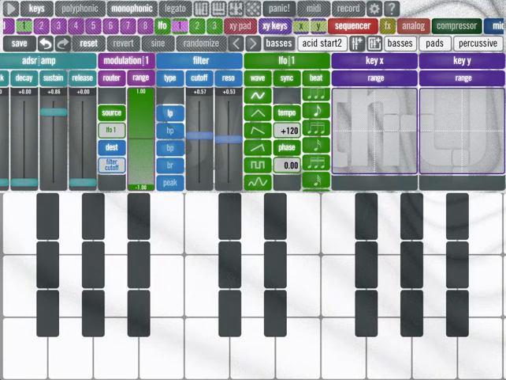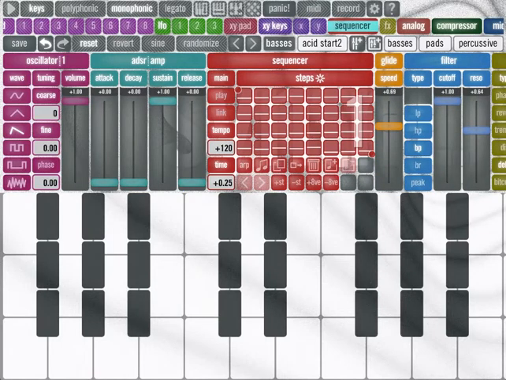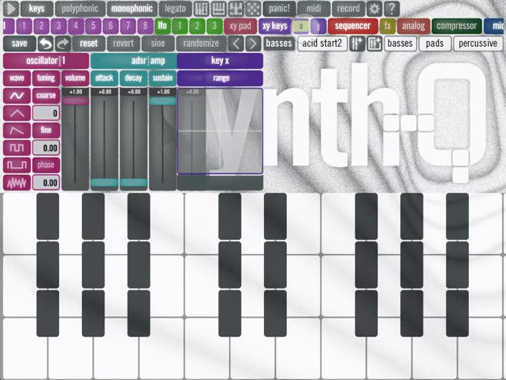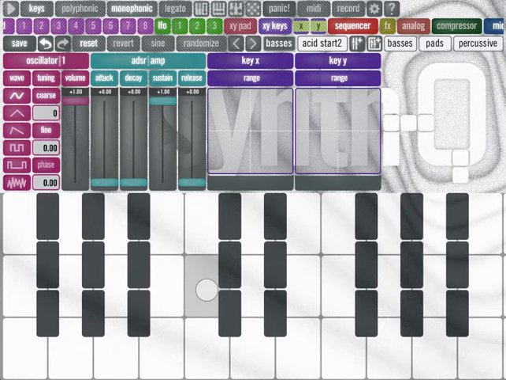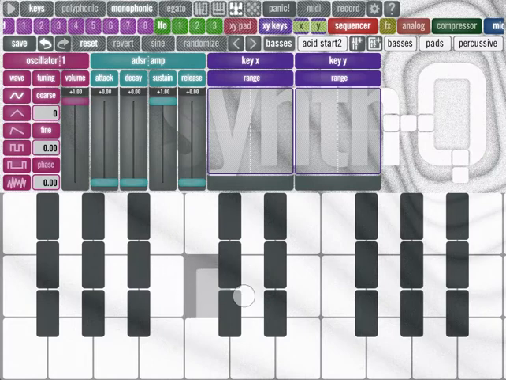This one is a unique feature of synthQ called the XY keys. What they do is they turn each key into, reset to a sine wave again. They turn each key into an XY pad. There's a feature up here on the keyboard that lets you kind of like, you can really see